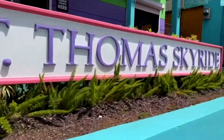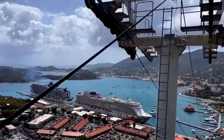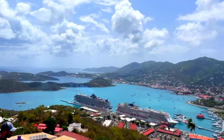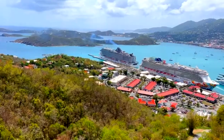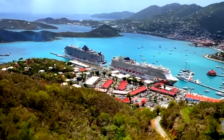So number 3 on the list is a sky ride to Paradise Point. If you've seen photos of the St. Thomas or the Charlotte Amalie Harbor, you're probably seeing the photo from the Paradise Point location. It gives you such an amazing view. But in addition to having amazing views, there are a few restaurants there and a bar that you